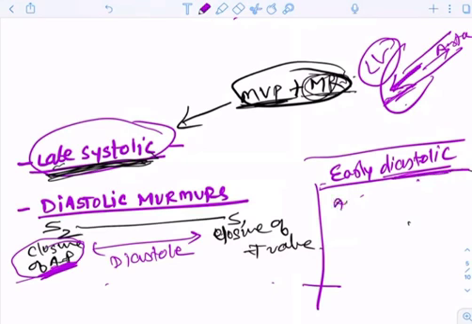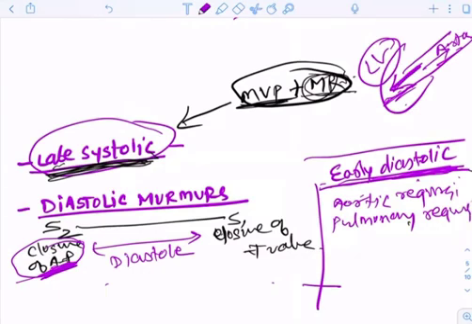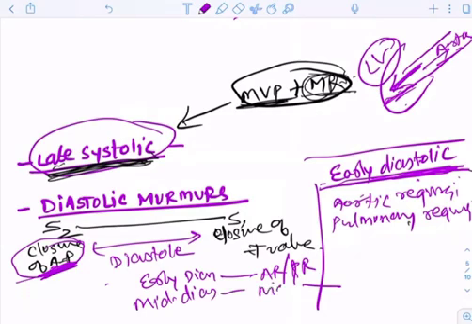So again, early diastolic murmur can only be produced by aortic and pulmonary sites, because in the early diastolic period, regurgitation can only occur from the aortic as well as pulmonary valve. It cannot be from mitral and tricuspid. So early diastolic murmur will be due to pulmonary regurgitation and aortic regurgitation. So this was the very basic point: early diastolic murmur will occur only due to AR or PR, and mid diastolic murmur will occur only due to MS or TS. So we have to remember these things.